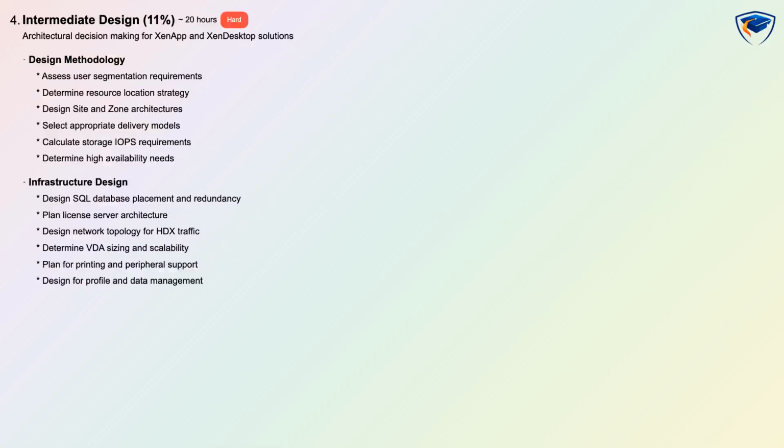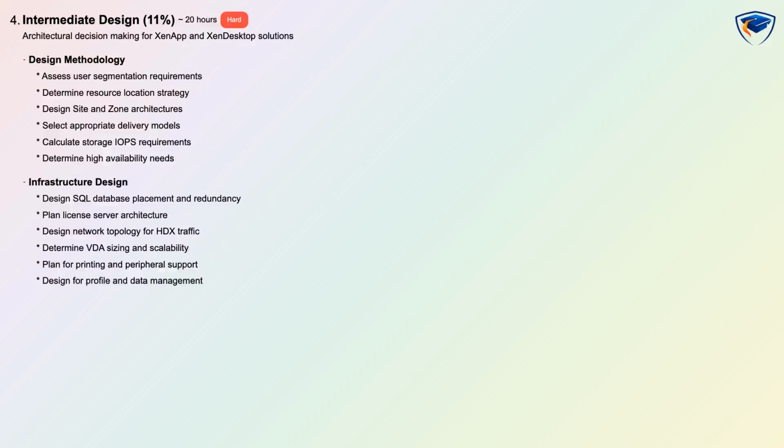Intermediate Design carries 11%, is hard, and requires about 20 hours with scenario-based assessment focused on architectural decision-making. You will study design methodology and infrastructure design to assess user segmentation, choose resource locations, and design site and zone architectures with storage IOPS and high availability considerations. The domain includes SQL placement, license server architecture, network topology for HDX, VDA sizing, and planning for printing and profile